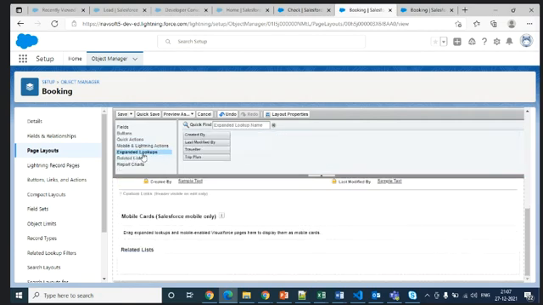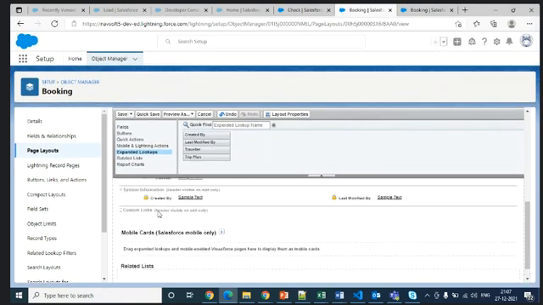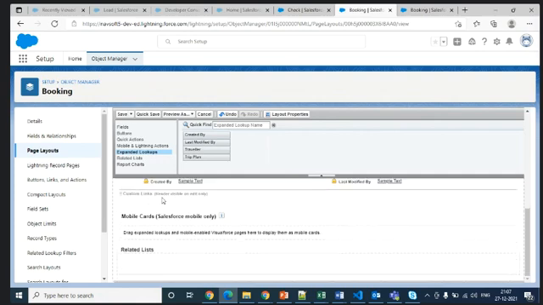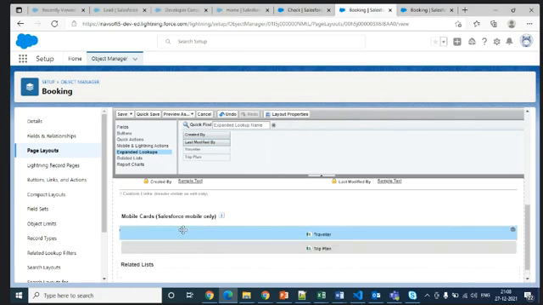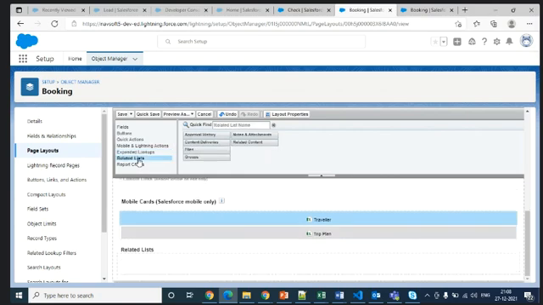So see here, expanded lookups. Expanded lookups is like when you want to add certain lookups you want to maintain and set a connection, you can create those here. See here, there are the lookups you have created. This is for the mobile cards. Mobile cards means it is supported only for mobiles. Likewise, it will come on the mobile user interface.